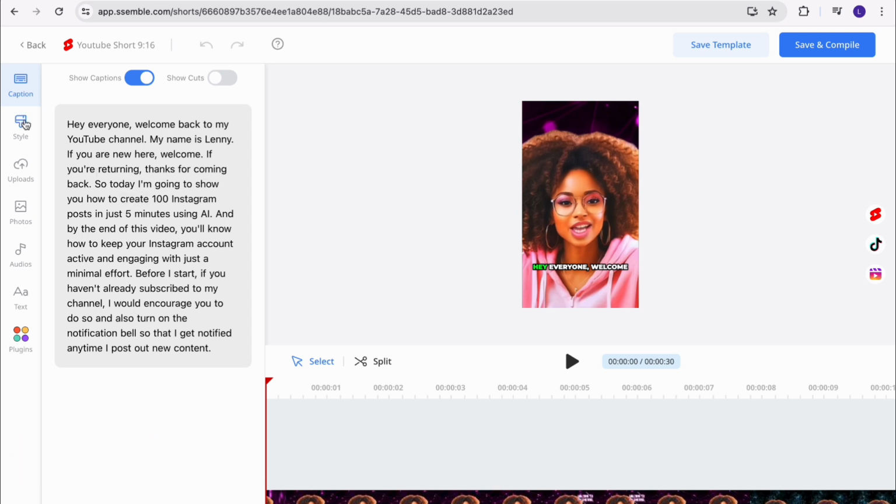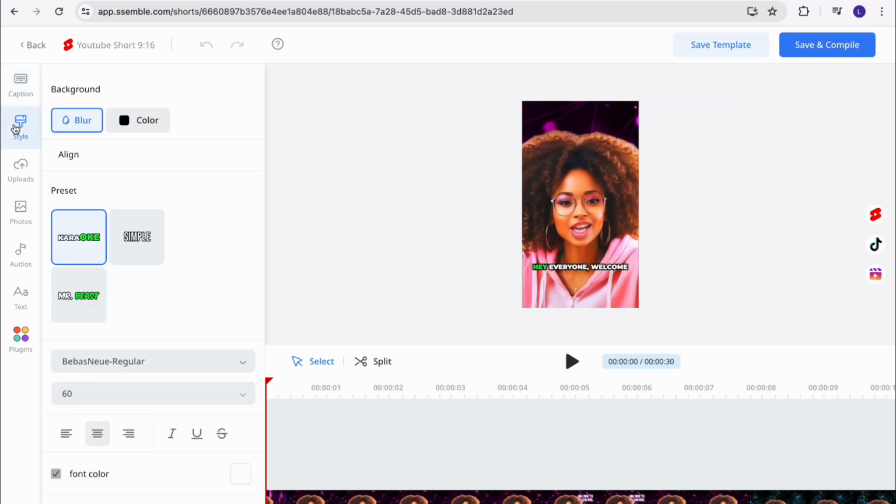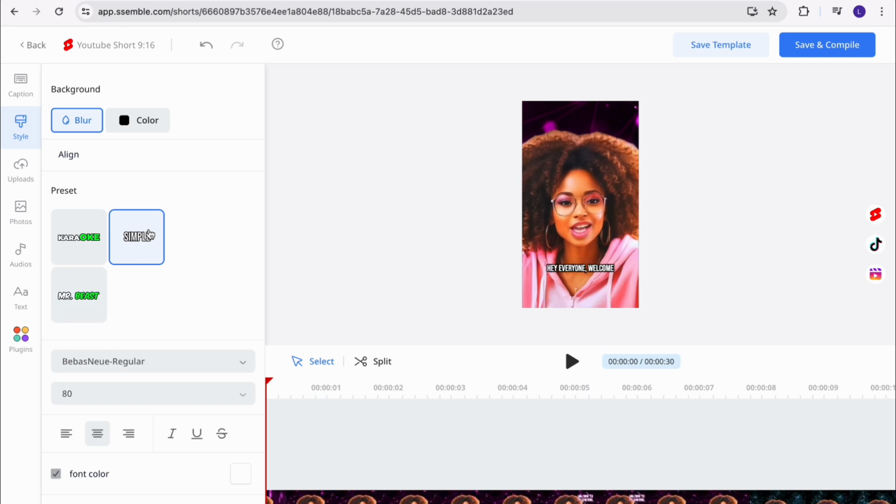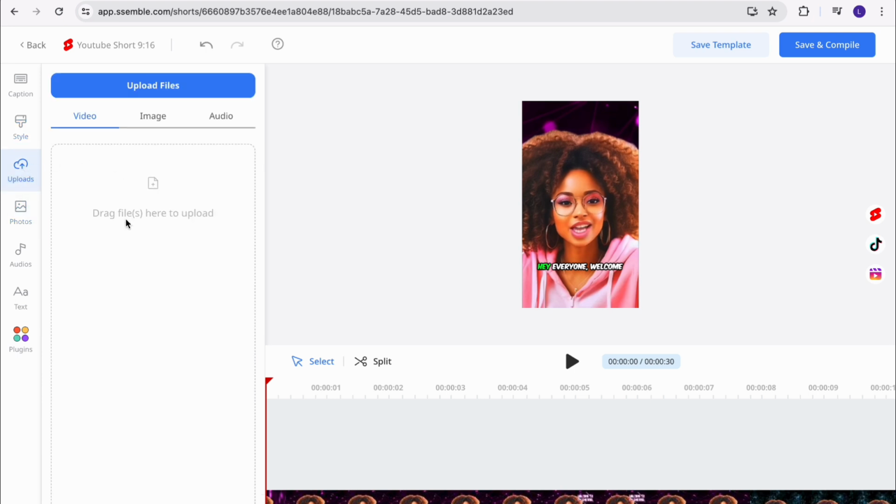The other thing you can decide to do, let's say you wanted to change the text, you could basically go to styles and select what you want. So basically I can change it to this font type, or I could change it to this one. Let's say I'm just gonna keep it as this, and then I could also include any uploads, and this is